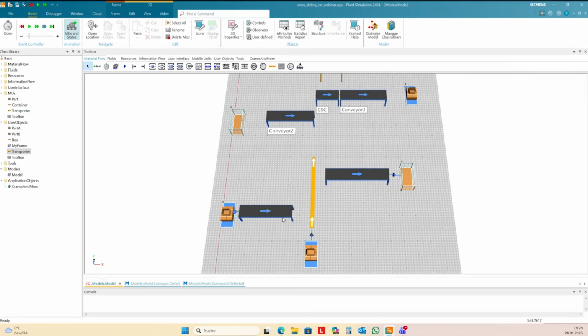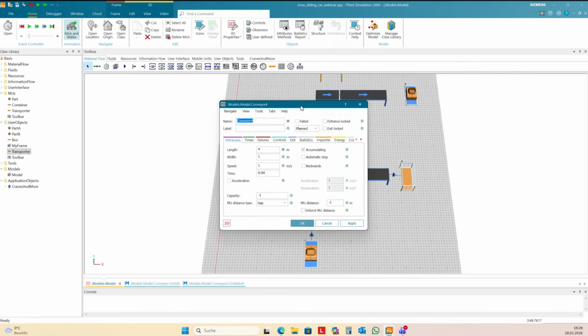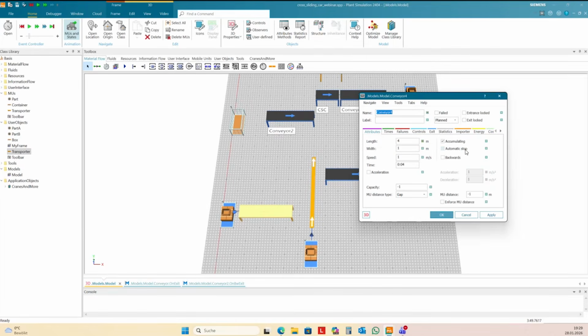So we need some information here. I need to know when a part is ready to exit from this conveyor. And I want to do this with a user-defined attribute in this conveyor.